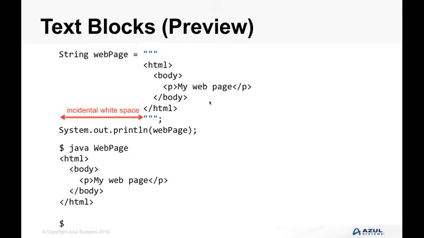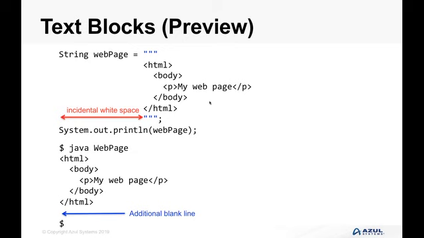So in this case, what we do is we have what's called incidental white space. Everything up to the closing double quotes in terms of spaces is treated as incidental white space, and that will be removed from all of the lines above. That way, when we print out our result, we get our nicely indented text, but it's aligned on the left-hand margin. Interestingly, because we put the triple double quotes on the line after the HTML, we do get an additional